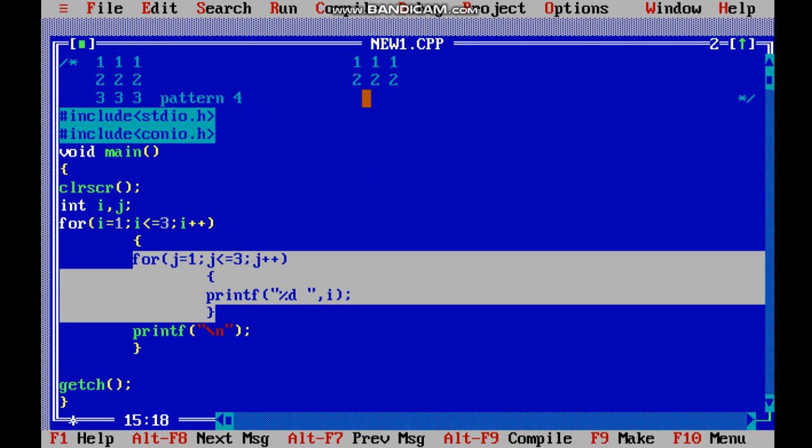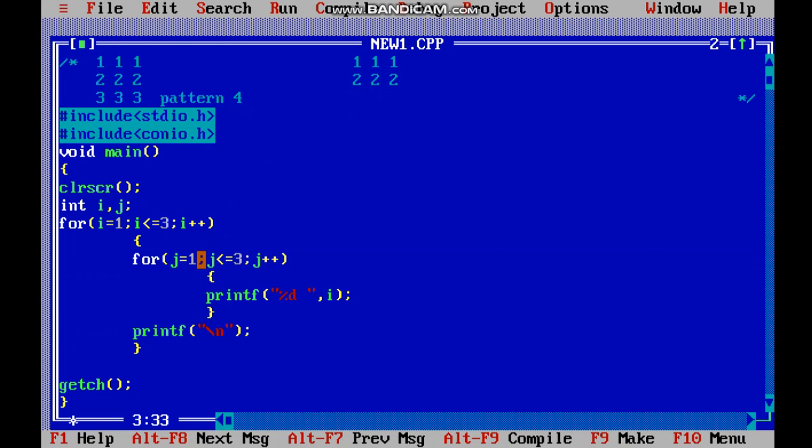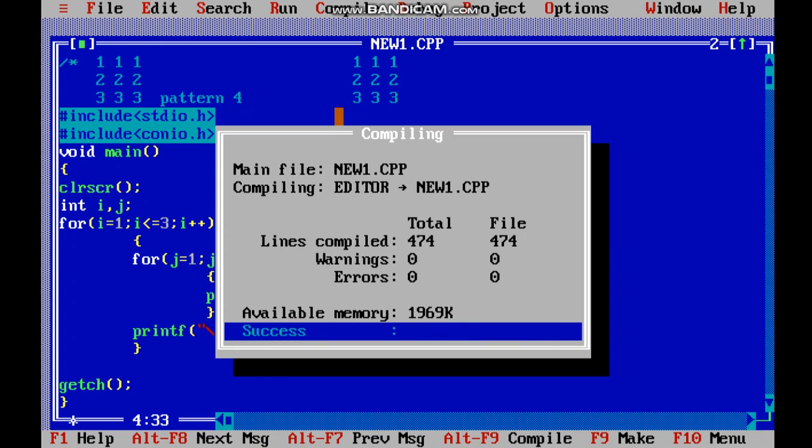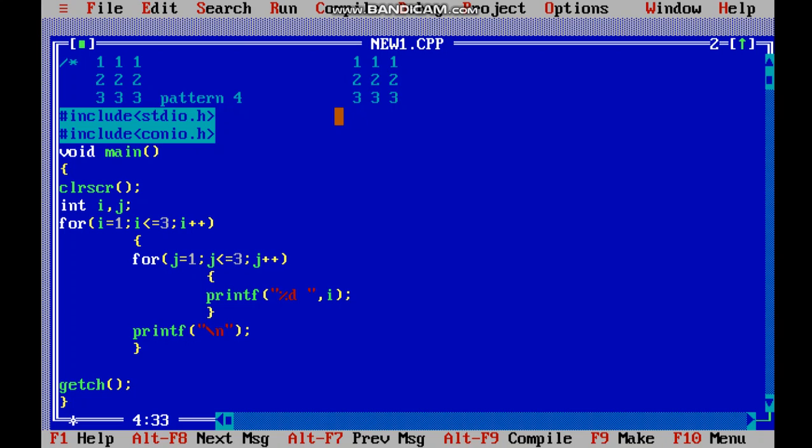And after the 2 values are done, it will give us a new line. Then again i plus plus, that is 3. Now 3 is less than or equal to 3. Again the same process will run as it ran for 1. So 3 space 3 and a new line. So this is how we are going to get our output. Alt F9, Control F9. Okay, now see you in the next video with more good questions.